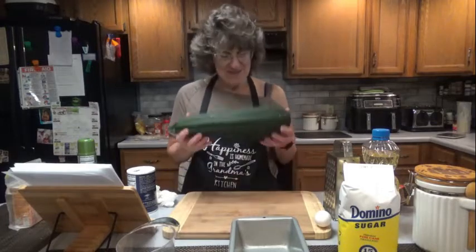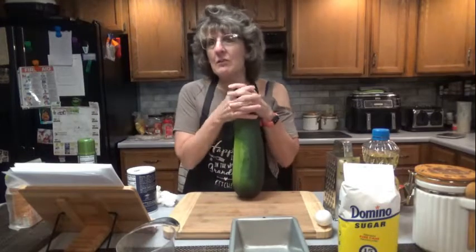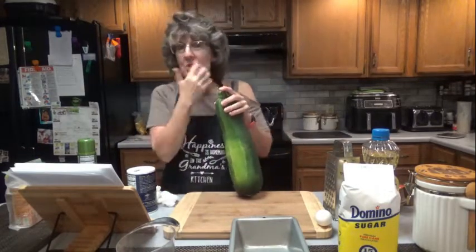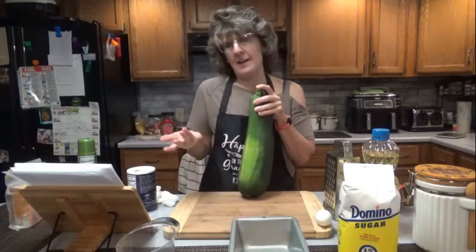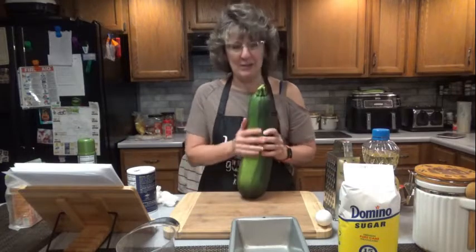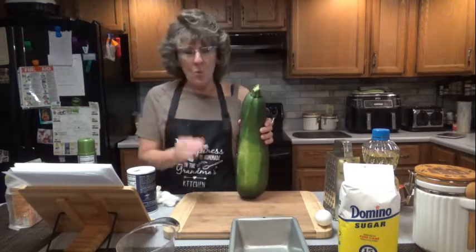So guess what? I'm going to be making some zucchini bread. I have never ever in my life made zucchini bread. Actually, I don't make much with zucchini, even though I've had it and I like it. I just don't think about it, because it's not chocolate or peanut butter. But I am going to try this out. I am going to make one loaf,